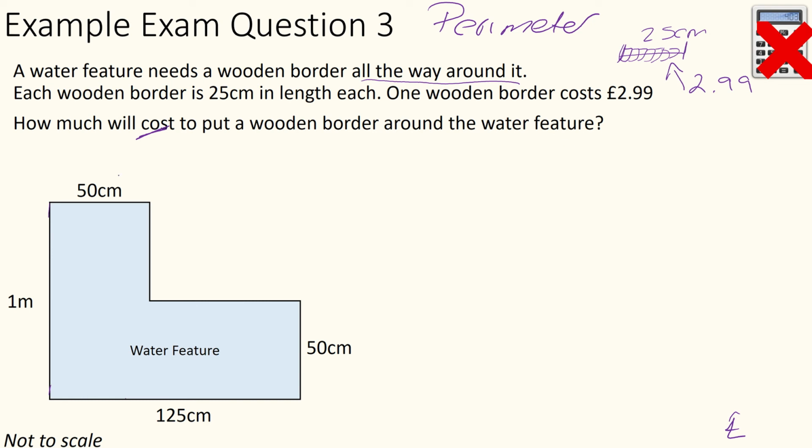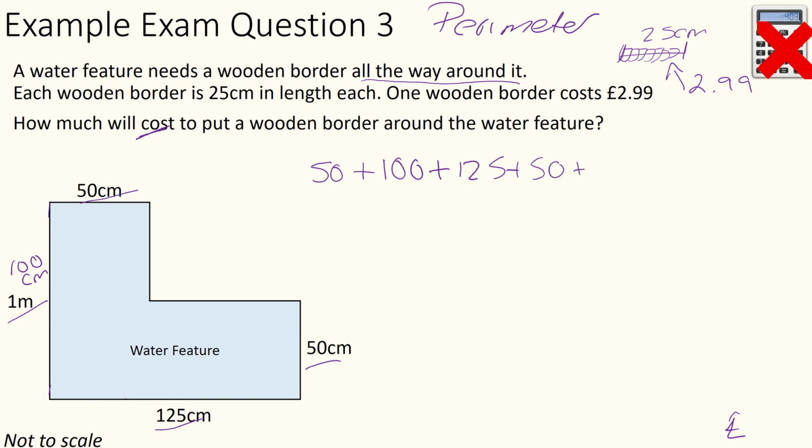So let's start adding. Right, 50 centimeters, add 1 meter. Well, stop. I've now got a different unit of measurement. Everything else seems to be in centimeters, so let's convert this 1 meter into centimeters. That one's a bit easier because there are 100 centimeters in 1 meter. Let's keep going. So we're going to add 100, then we're going to add 125, then we're going to add